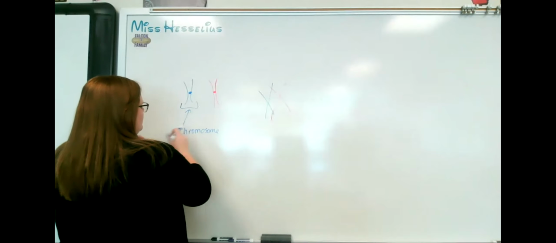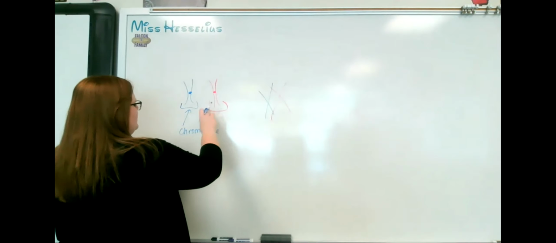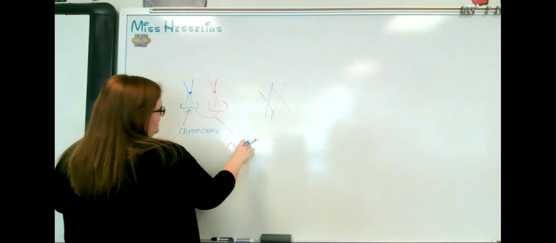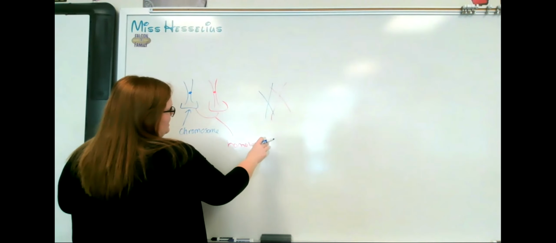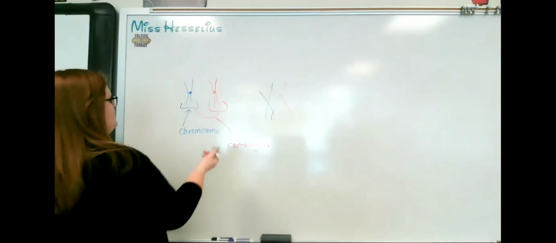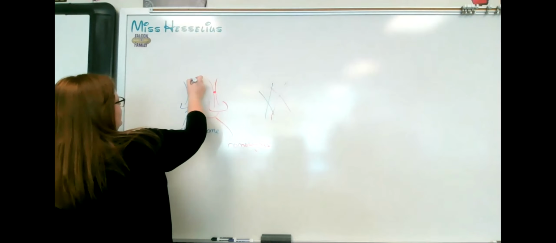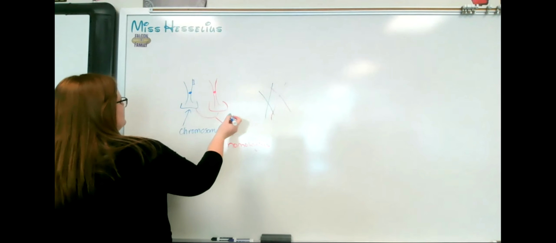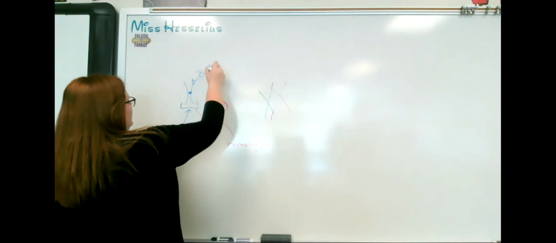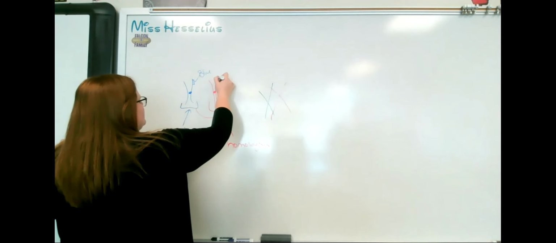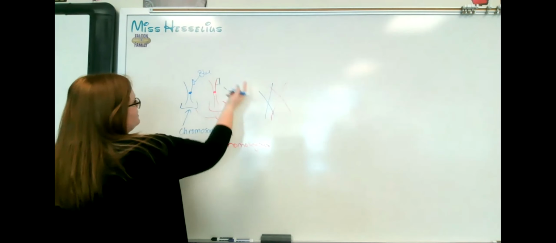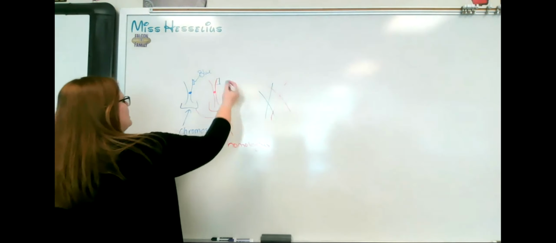So this is a chromosome, this is another chromosome. These 2 chromosomes are homologous chromosomes. And what makes them homologous is that they carry the same type of information about the same traits, potentially. So if this is the section of this chromosome that has the eye color gene, and from one parent you get the blue eye color gene, and this is the same section on this homologous chromosome that carries the eye color gene, it could also be the blue eye color gene, or it could be the brown eye